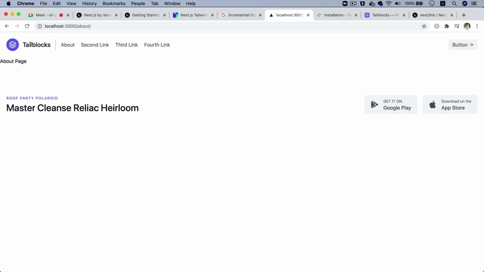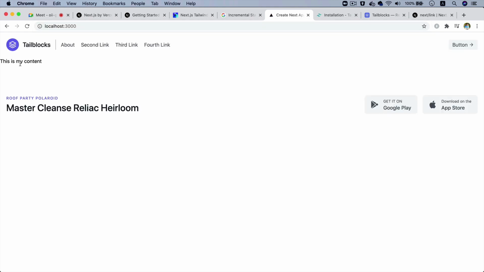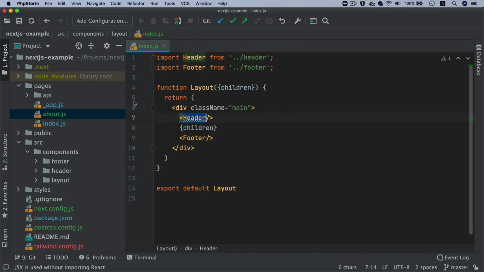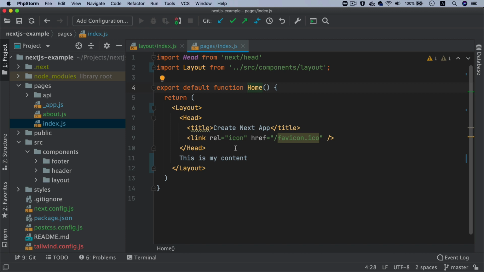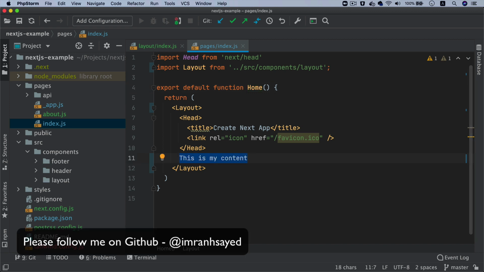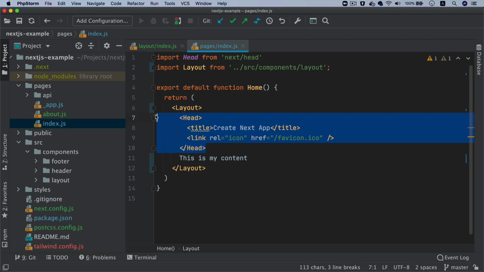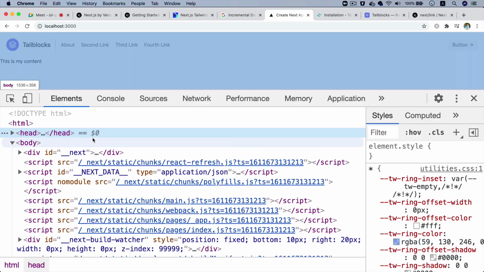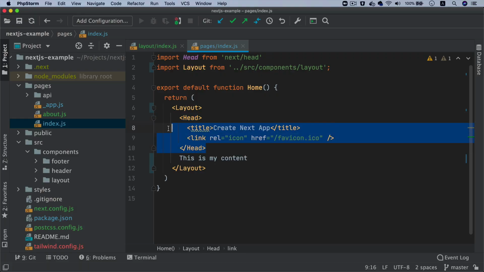So that's on the about, but if you go onto the home page, so I'll go like this. The children is actually, this is my content. The children is no longer about. Why? Because it's going to use the index page children. So what is there in the children? This is the children. Remember I spoke to you about it's not going to consider the head because head is not supposed to go inside of the body. The head is supposed to go inside of the head. So it's not going to consider this part.